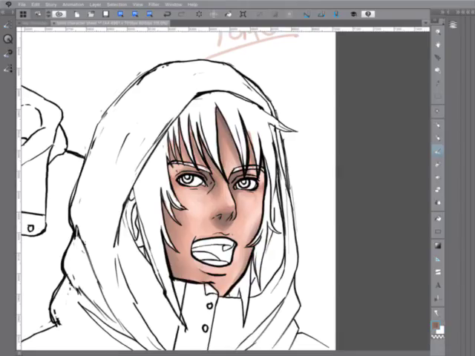Yeah, that looks better. Let's do a couple more dark spots and then get out of the skin tone for now.